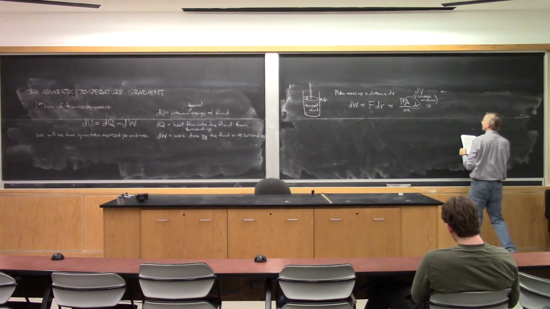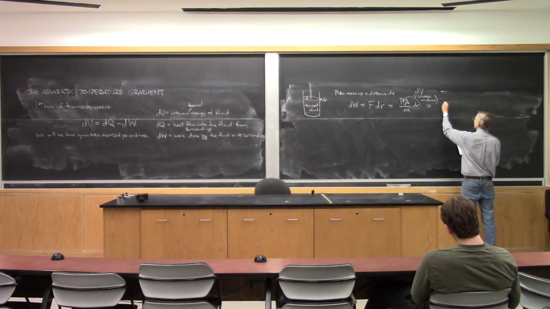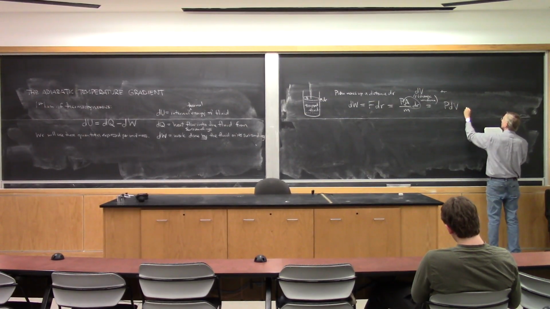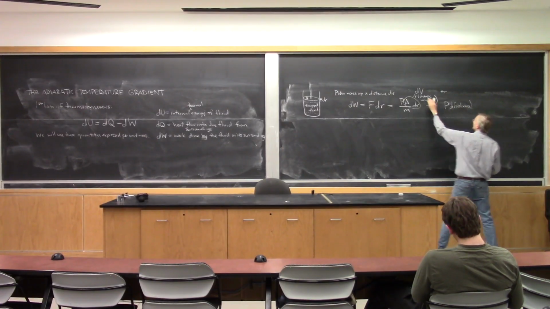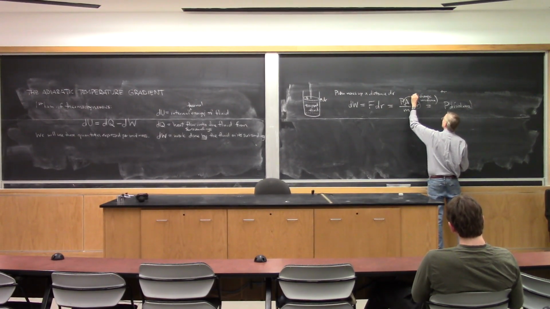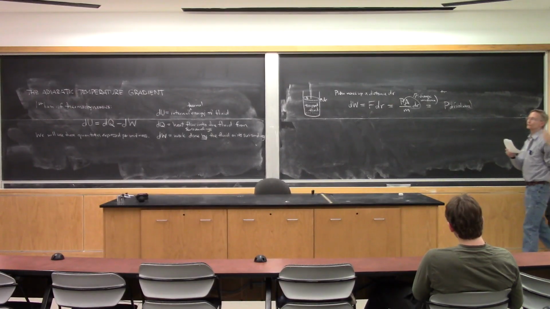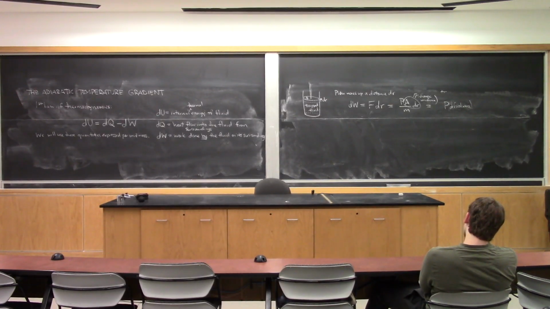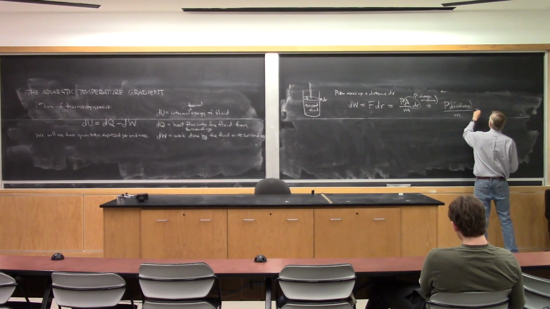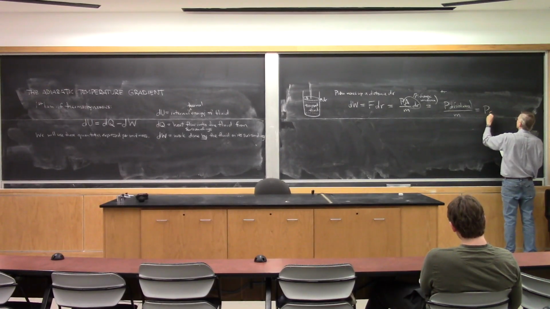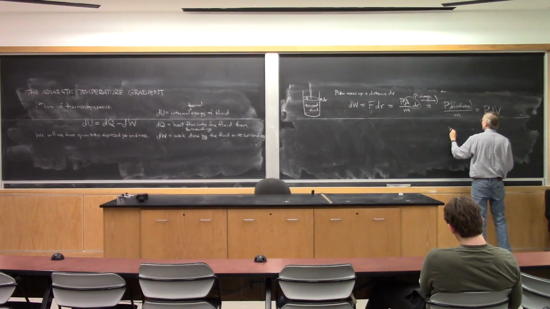So we can say that this is P dV. Well, I'll put it this way, I'll be a little more close. So this is P d volume. This is the change in volume, because I'm going to use V to mean volume per unit mass, because everything's per unit mass. So it's P d volume over M, or in other words, it's PdV, where